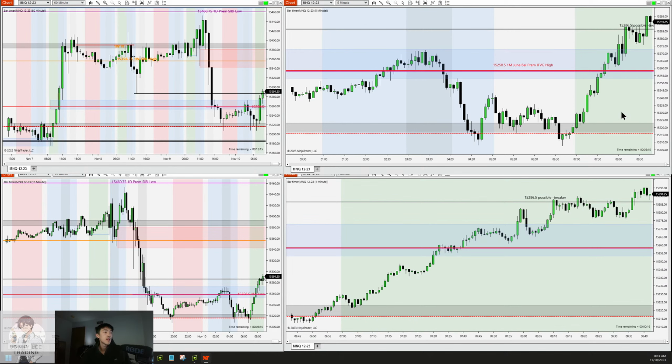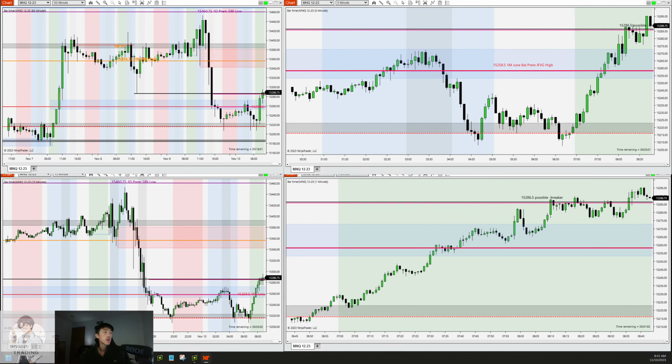So let's see what we have here. Possible breaker. I can actually keep, you know what, I'll keep the pink one up here where price is currently. There we go. It's roughly around here right now. So we'll keep the high part of that opening range nearby, so we know where that gap is going to look like in the beginning of the day.